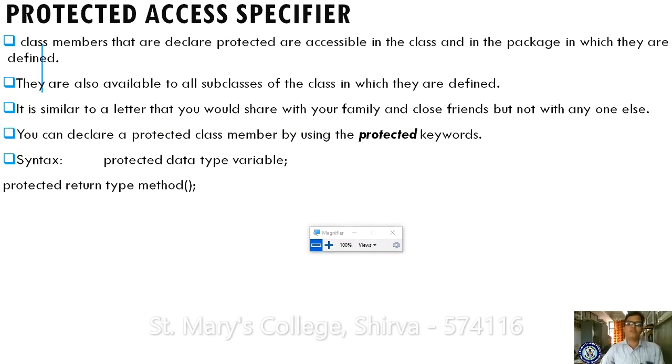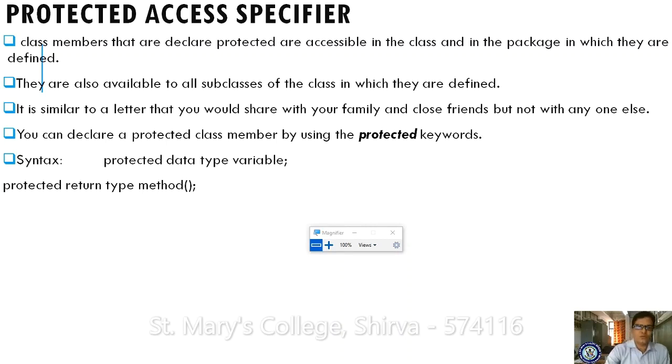variables, methods, or classes, whatever it may be, if you define them as protected. Protected is just like sharing your feelings with your family as well as your friends. You share your family feelings with your family and friends. Do you share your feelings with everyone? No, right? Got it? So that is the protected access specifier. Those having protected access can be accessed from all their classes and subclasses.